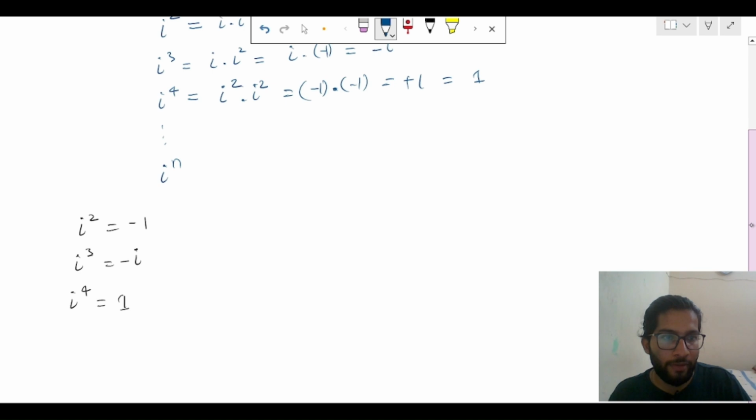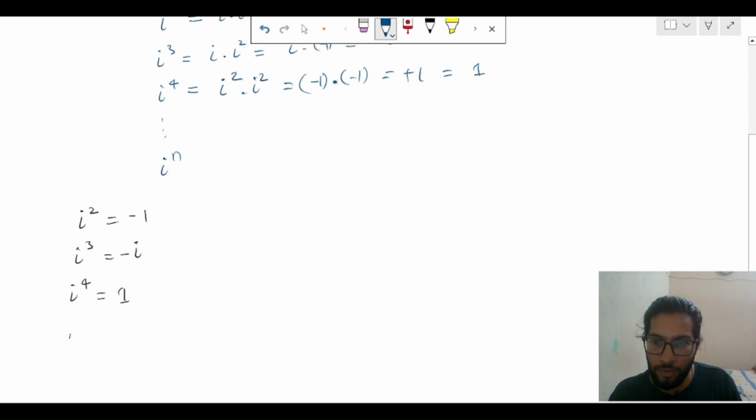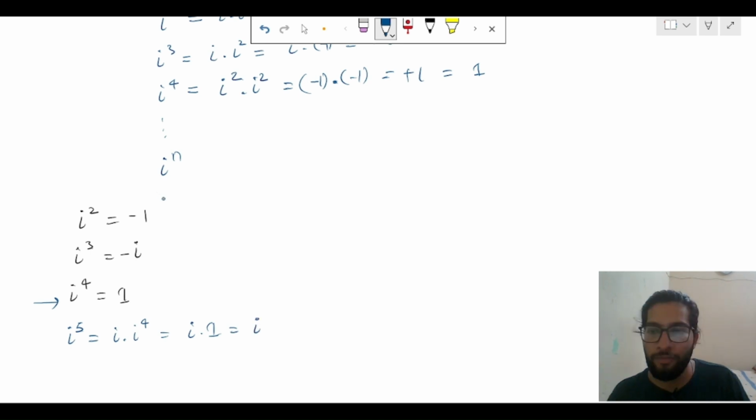Now using this one we will do iota's power 5, which is equal to iota multiply iota power 4. Iota power 4 is equal to 1 from this line, so we can write iota multiply 1, which is equal to iota. Okay, so if we have iota, then iota square is equal to minus 1, iota cube is equal to minus iota, iota 4 is equal to 1, and if we do power 5, then it will become iota